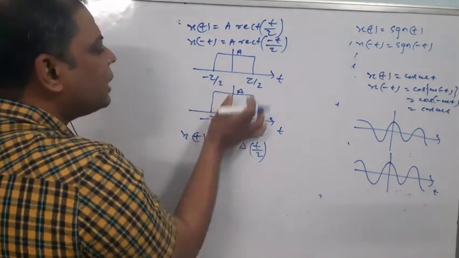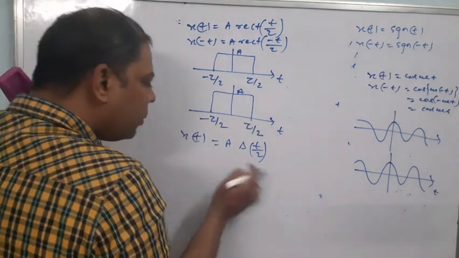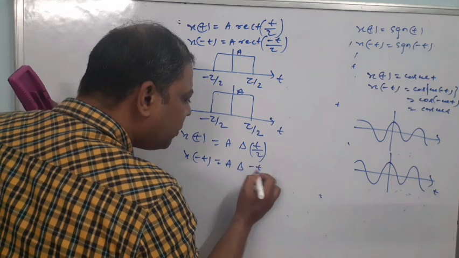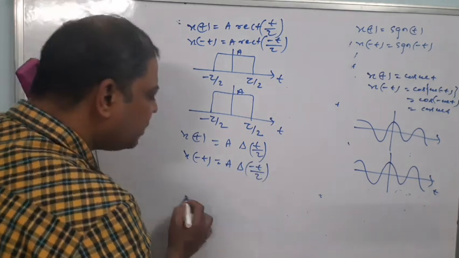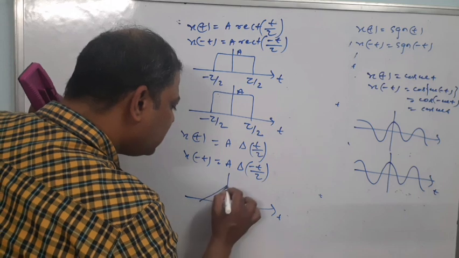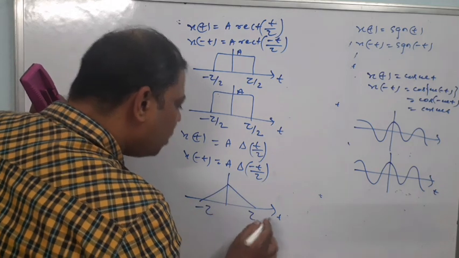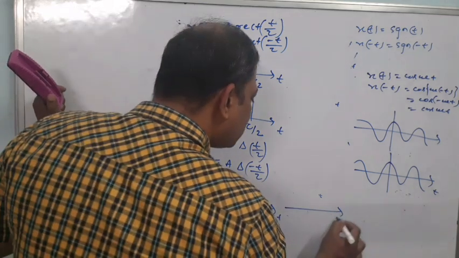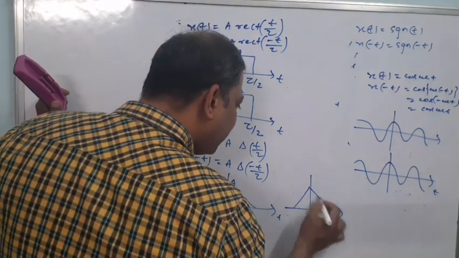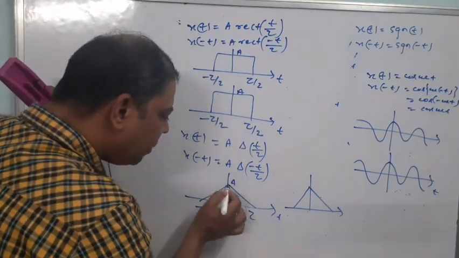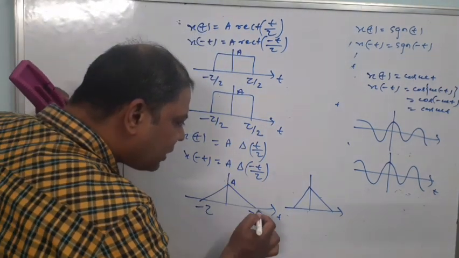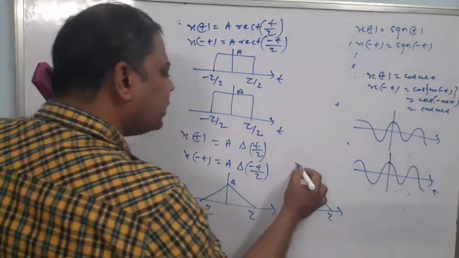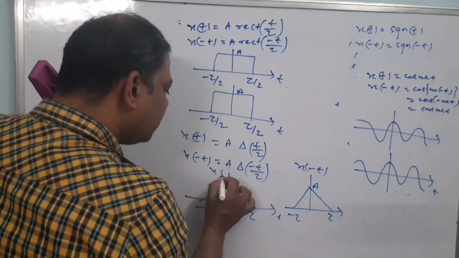Now suppose x(t) is equal to a triangular t by tau. Here the total width is tau, and one side width is tau. Now x of minus t you have to sketch. This is a triangular minus t by tau. So how to sketch it? It is very simple. This is your time axis, and this is your triangular pulse from minus tau to tau. Here one side width is tau. Now if you sketch x of minus t, again we will find the same sketch. If you put the mirror, this side is reflected in this side. So that means you will find minus tau to tau. Again you will find that this is x of minus t and this is your x of t.